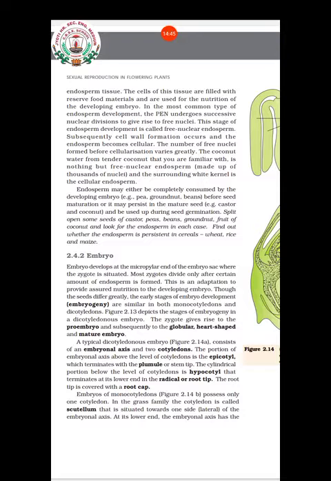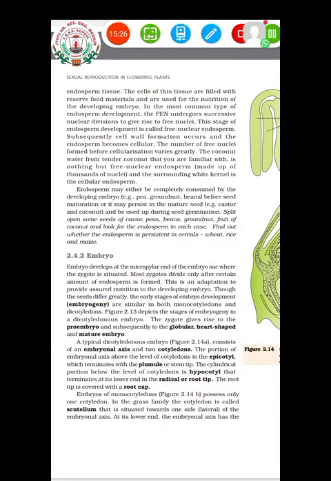Most of the monocot plants are albuminous or endospermous seeds, means they keep the endosperm in their seeds. The endosperm will be remaining. But in almost all the dicot plants, you can see that the embryo consumes the endosperm completely during its development, so that it will not be left out. Is it clear? So this is what exalbuminous and albuminous seeds are. Clear?